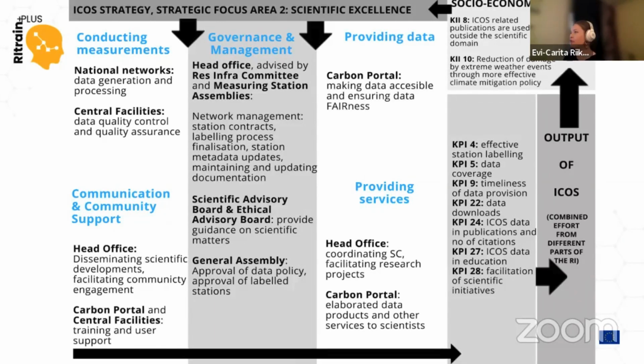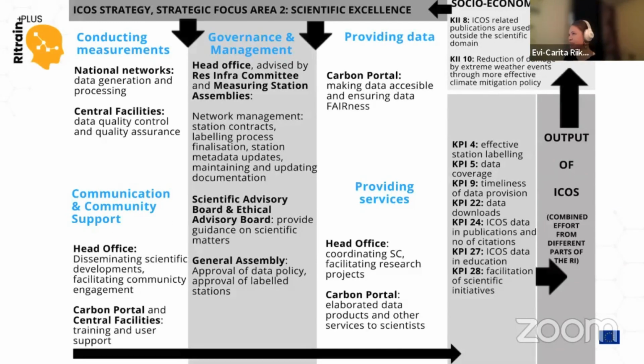We have defined some core activities in each of these strategic focus areas. And we have also defined the main processes and tasks of each of our components related to